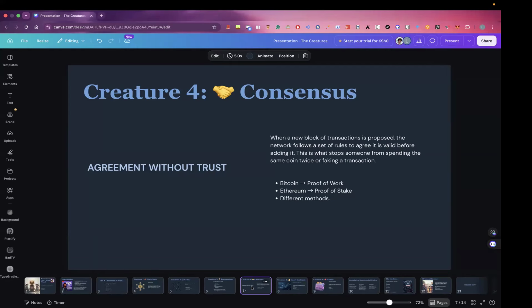So when I say economic in this case, we're talking about game theory, whereby we're assessing, when it comes to a node, how much they have to lose that will incentivize them to act with the best interests of the network at heart. So when we are implementing a decentralized system, we need to make sure that every single node is incentivized to act in the right manner. So these consensus mechanisms follow mathematical principles and also economic principles.